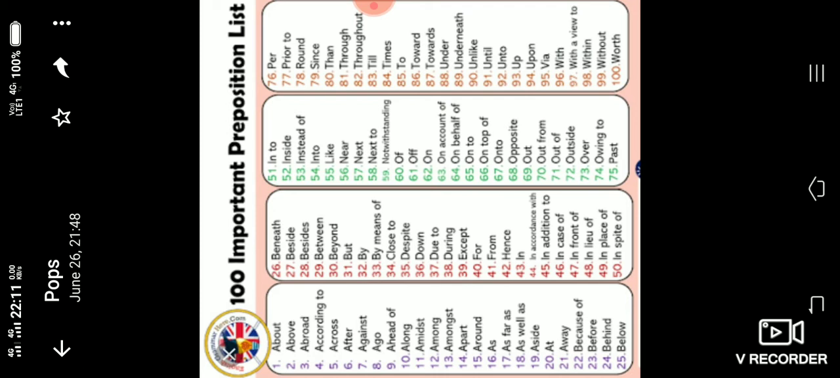66th on top of, 67th onto, 68th opposite, 69th out, 70th out from, 71st out of, 72nd outside, 73rd over, 74th owing to, 75th past,